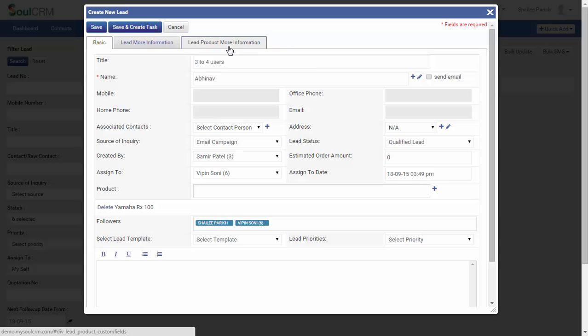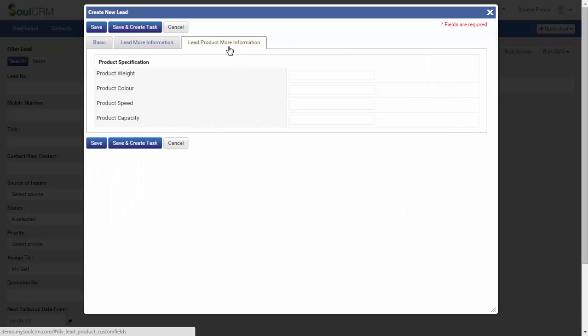Going to the lead product more information tab, this is a properly customized form, and the user can put whatever custom fields are required to provide product information by setup. That information will be shown in the form in this particular interface, for example, product weight, color, speed, etc. Going back to the basic form,